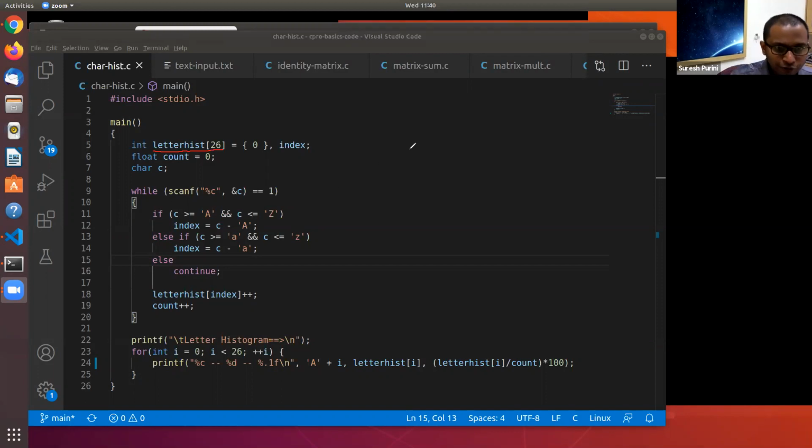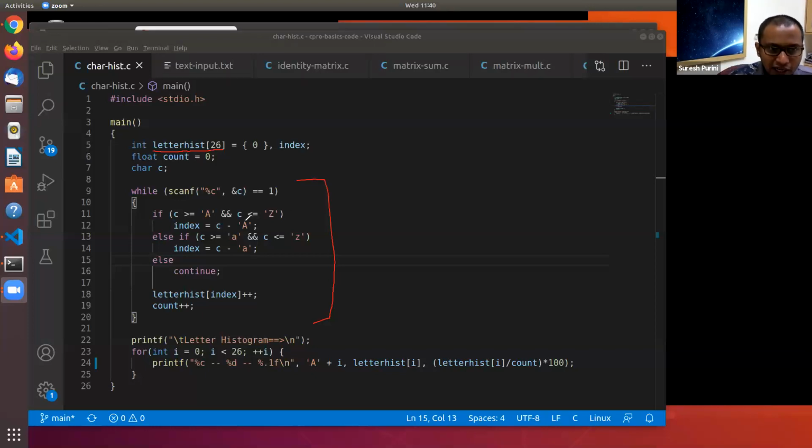In the code from here to here, we are checking whether the character that is being read is a small a or capital A, it doesn't matter. Both will be treated as the same. Similarly, whether it's a capital Z or a small z, both will be treated as the same.